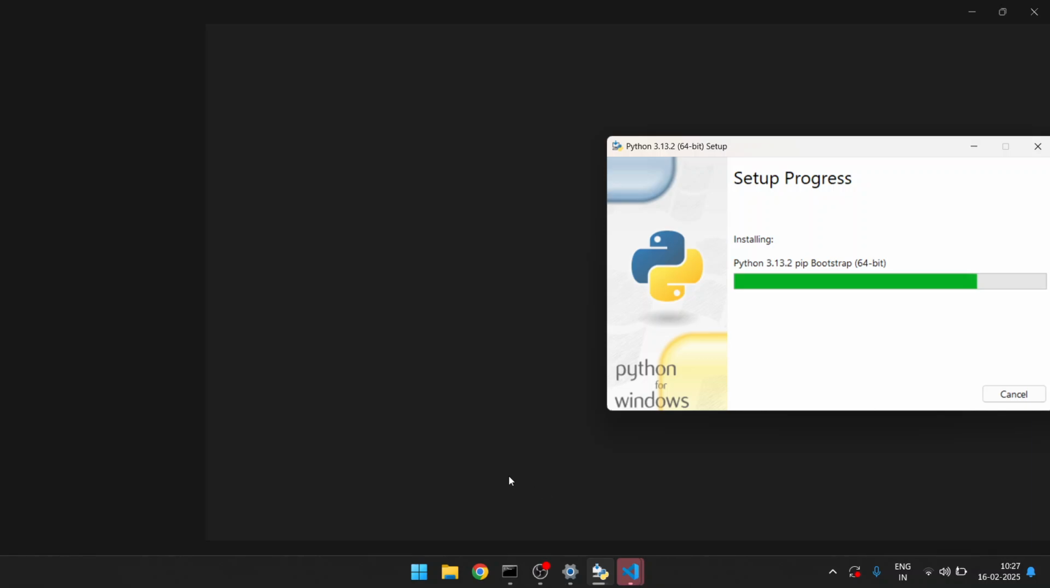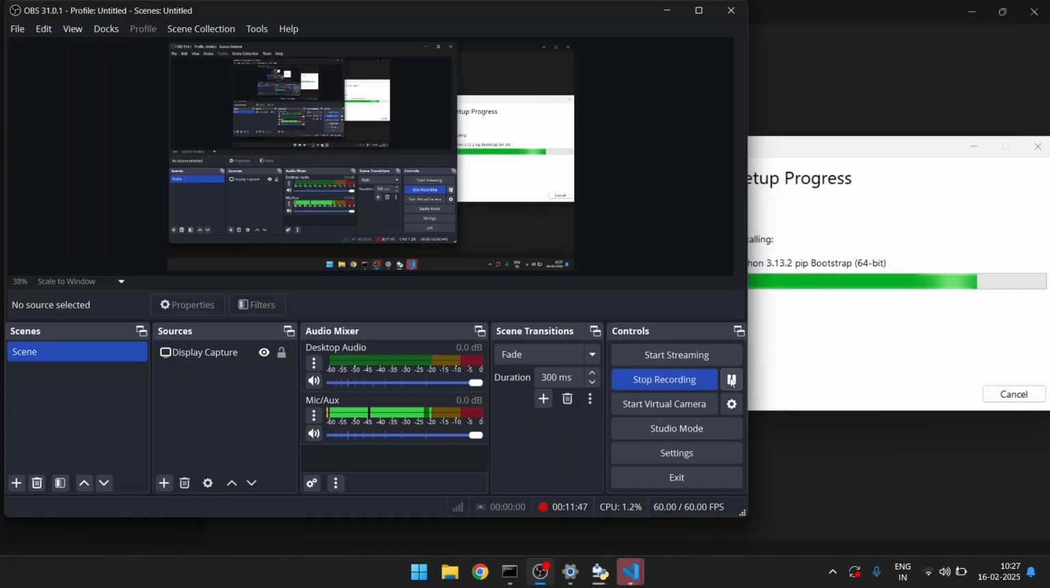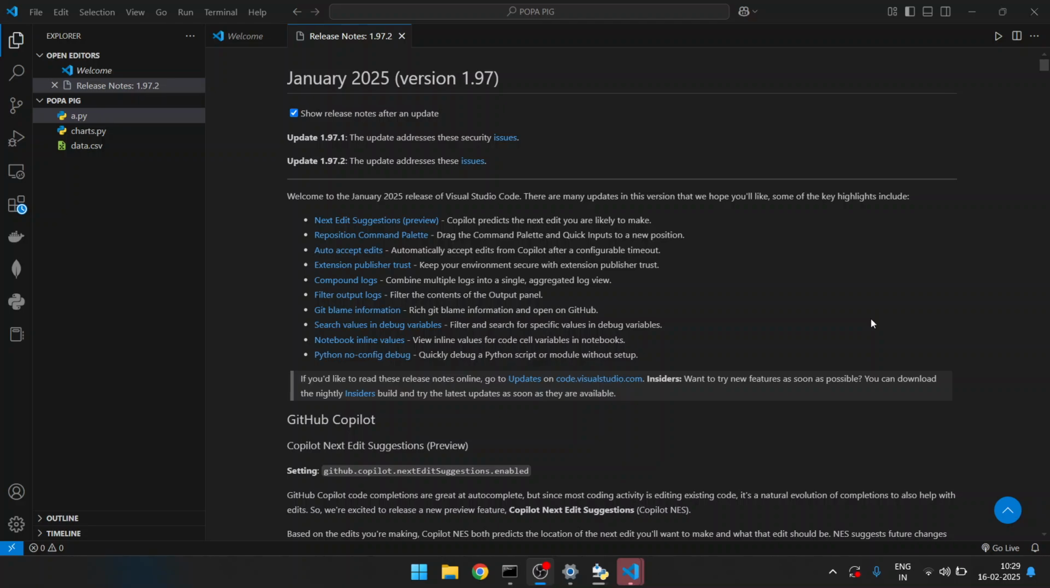Okay, I think it will take some time and come up by itself. Okay, meanwhile, let me pause the video. So here VS Code has opened, and we can see the latest version release notes. It is of January 25. Okay, and there are many things you can read. I am not going to read it. I will close this,